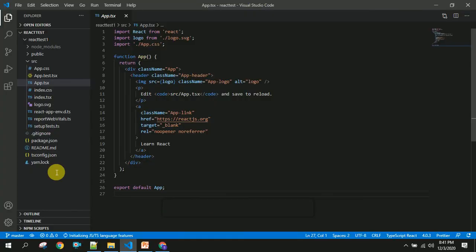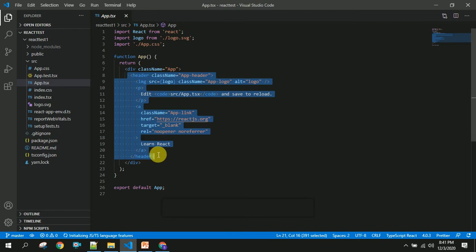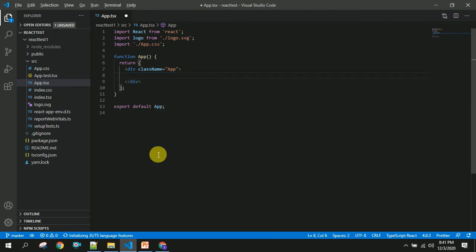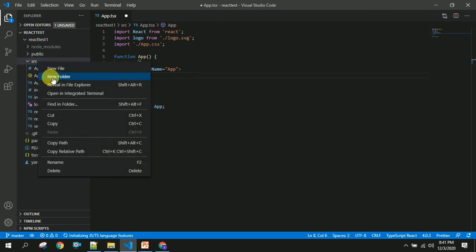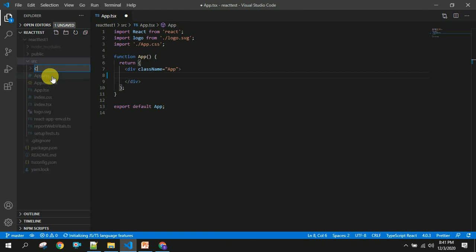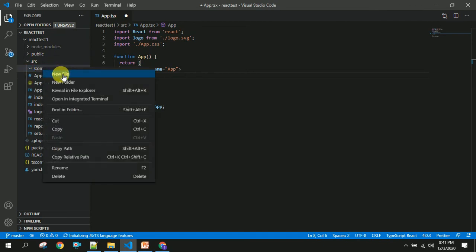So if you see here, our project got successfully created, and in this we have app.js, and in this app.js we are going to remove the entire header part. Now I am going to create a component here. In this components folder I am going to create a login file.